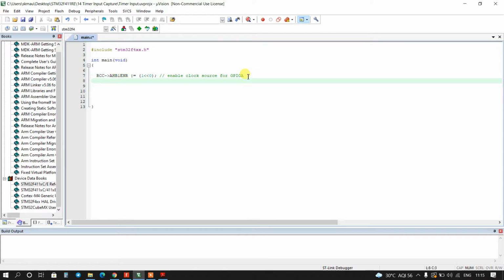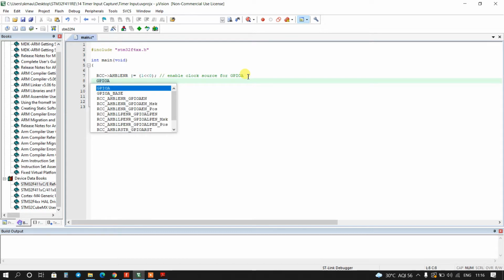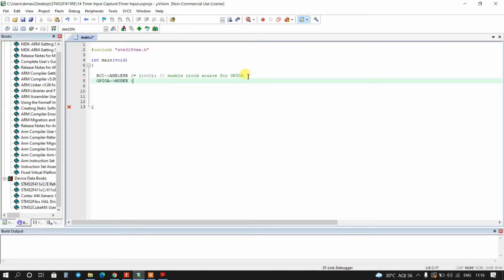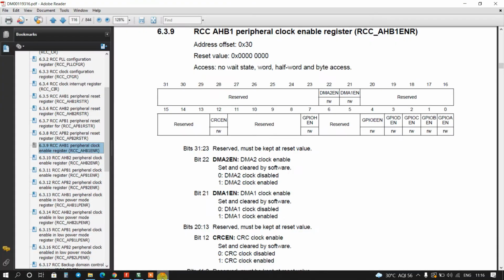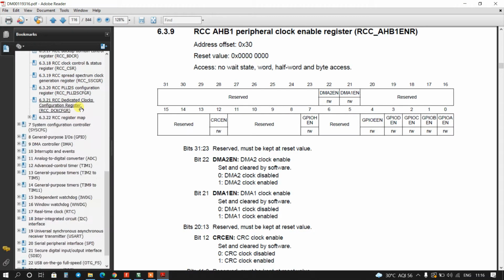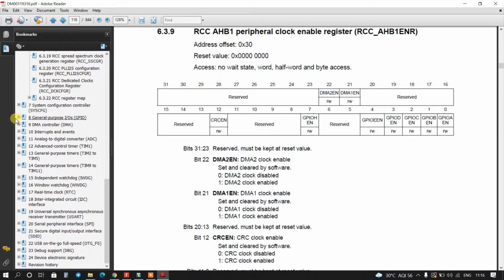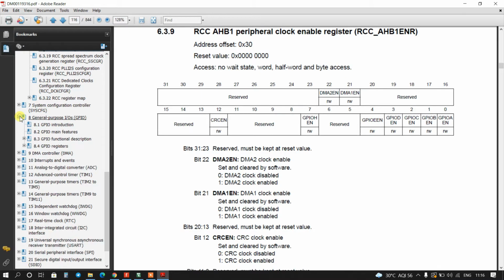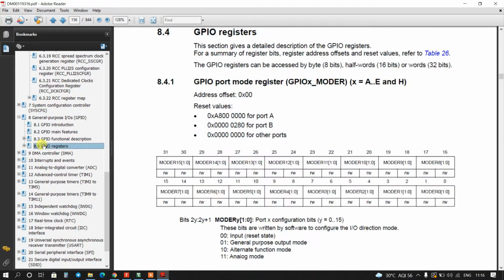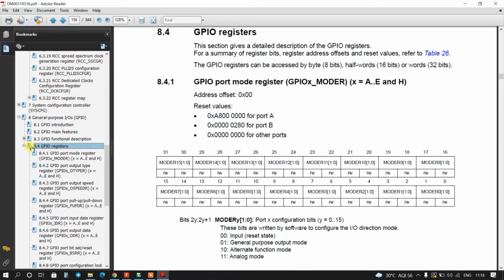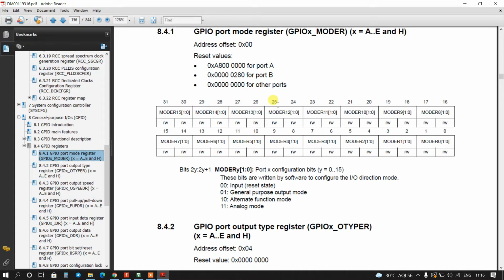Now we will decide the mode. So GPIOA mode registers. So go to mode registers. Here this is general purpose output registers. Yeah, this is mode registers.